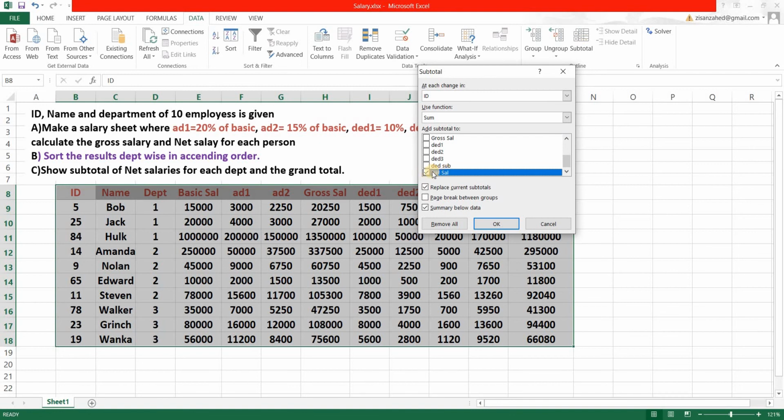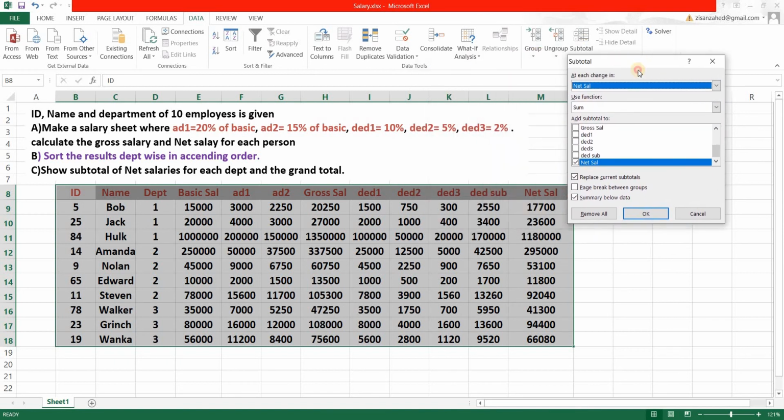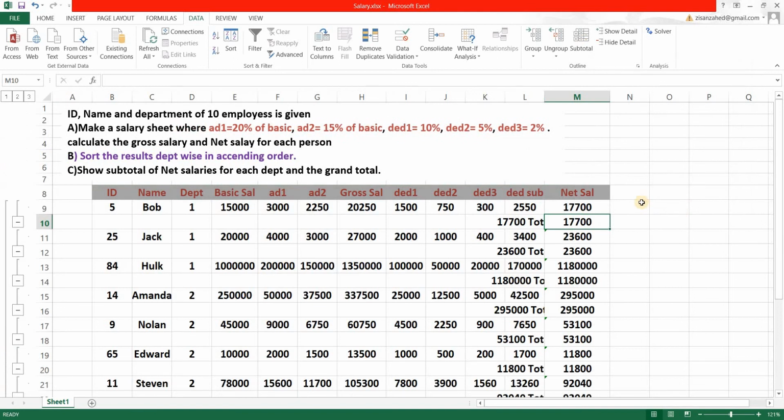So we have chosen net salaries here, then add range for what? Net salaries, right? We're going to do it for net salaries, sorry about that. There we go, there's net salaries. So we're going to be doing it for net salaries, and then the function is going to be summation because we're going to be adding them up. All right, so then click on OK,